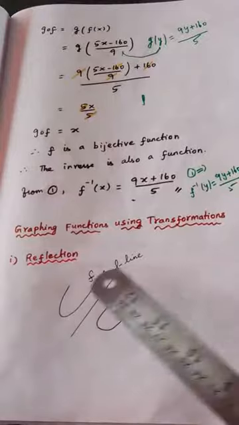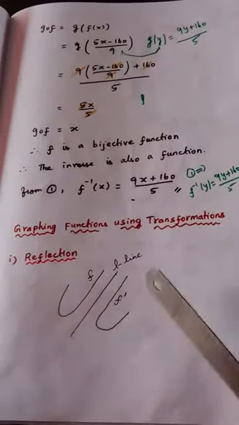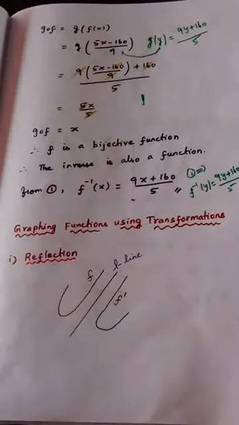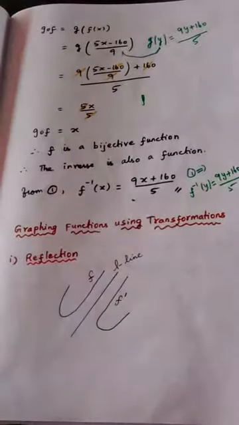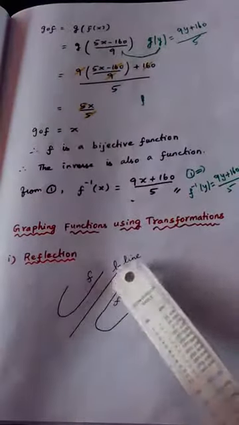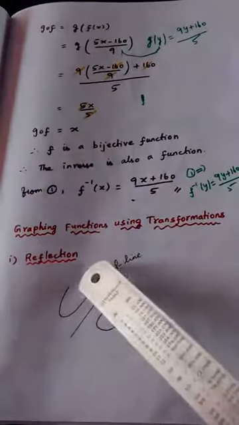Actually I should give the definition, but for the time being I am not going to give the big definition. Instead of giving a definition, I am going to give a diagram as an example. This is the diagram through which we are going to understand what is meant by reflection. Can you understand? We are not going to see the definition, but instead we will look at the diagram and understand the concept of reflection. This is a straight line, and this is a curve.